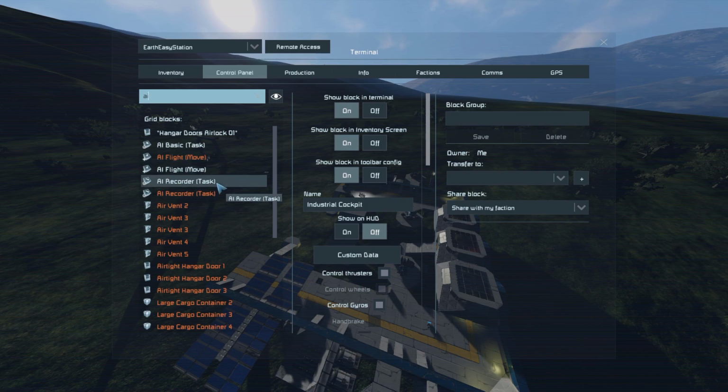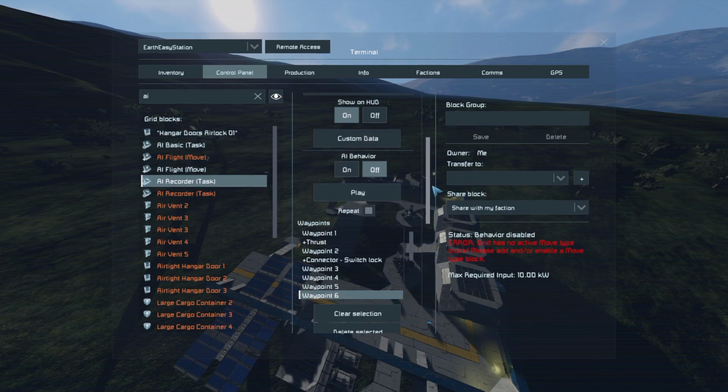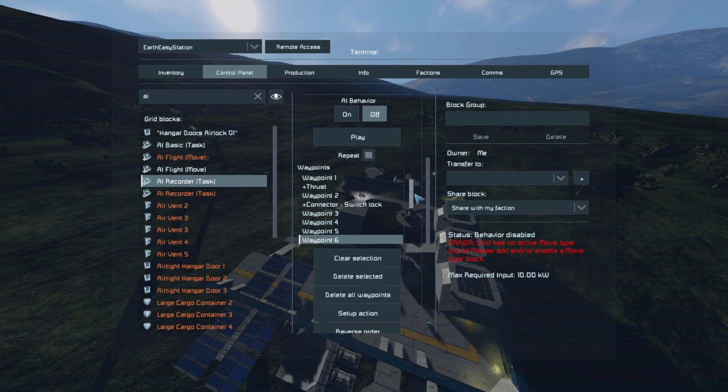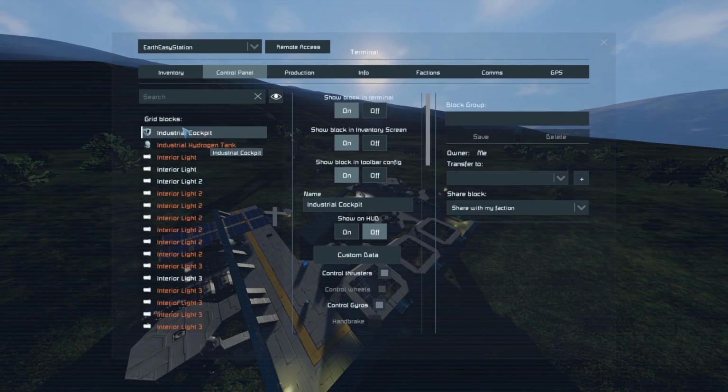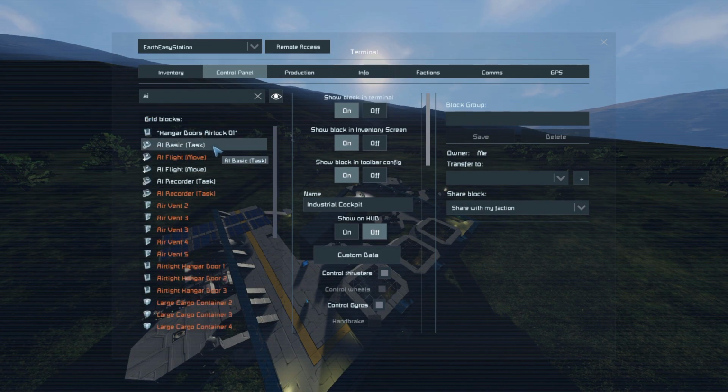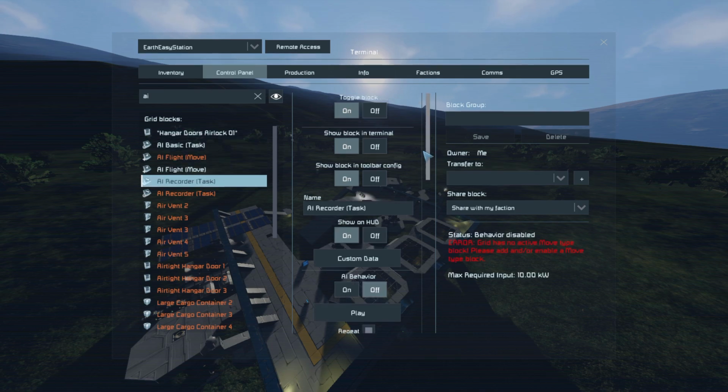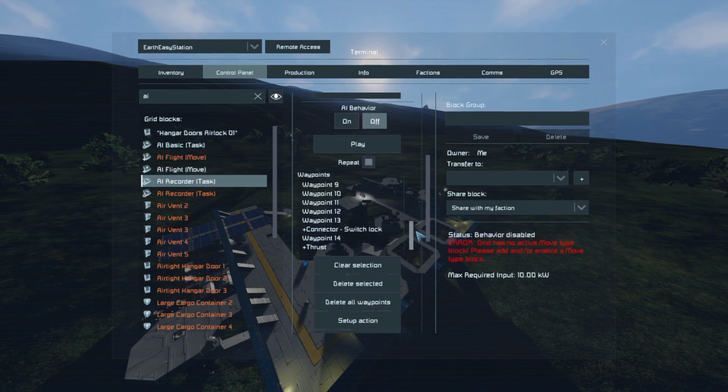You now have a complete one-way path from the mining rig all the way down to this connector. And as you can see there, it even recorded our actions while we were flying all the way here. See here, this is our starting point, waypoint 0. We sort of moved around, turned off the thruster, turned off the connector, and